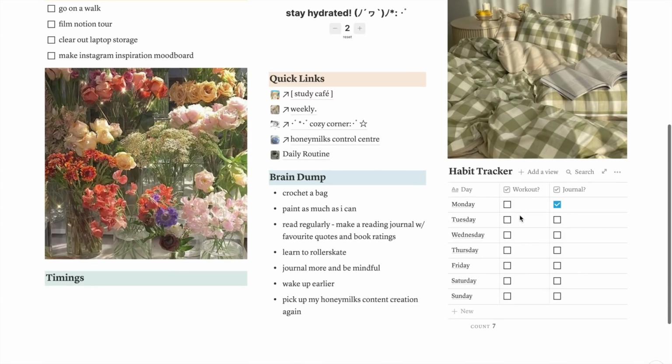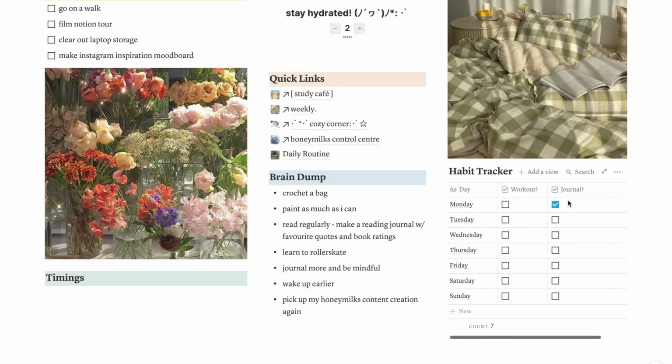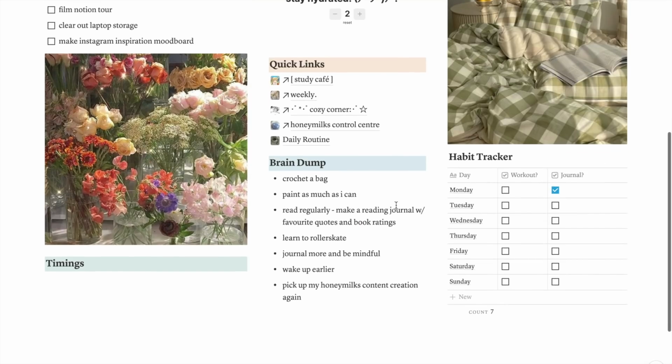So then on the right I have a habit tracker, which I made out of a table element, so that I have the days of the week on one column and then all the habits that I want to track. As you can see, you can tick them off easily, but I haven't really been doing that because I haven't been doing the habits, so I hope that makes you feel better if you haven't either. And then I just have a brain dump for random thoughts that I don't want to forget. And then on the bottom left I have a timing section for if I want to timetable my day, but